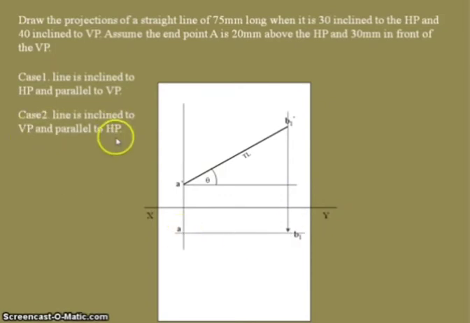The next case is the line inclined to the vertical plane and parallel to the horizontal plane, that is the opposite case. So here we need the inclination with the vertical plane, that is 40 degrees inclined, and parallel to the horizontal plane. In this condition, in top view we can see the true length with an inclination of 40 degrees. In front view we can see the horizontal line with a reduced length as per the inclination. Now for that, again we have to take the horizontal line obtained by the top view in the first case as a reference, and look at the angle, that is 40 degrees. Okay, phi is equal to 40 degrees.